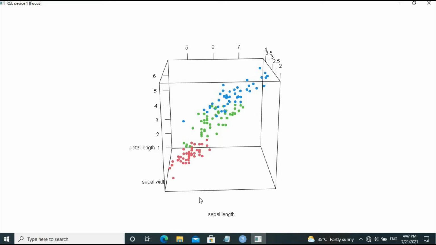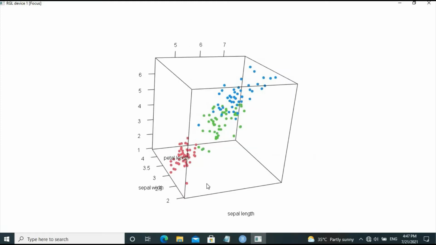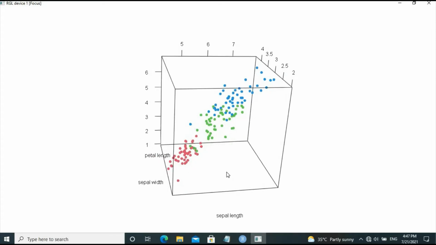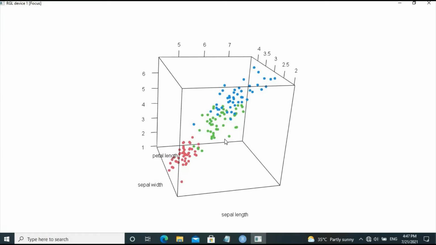And in terms of sepal length, sepal width, and petal length, you should be able to understand from the 3D graph. The sepal length is very small for the Setosa, and petal length and petal width also. And the sepal length is moderately higher for versicolor, and it is really high for virginica.